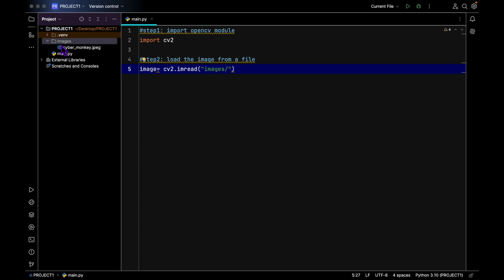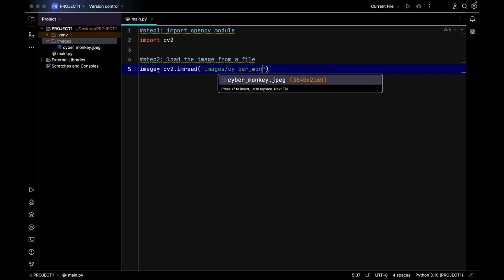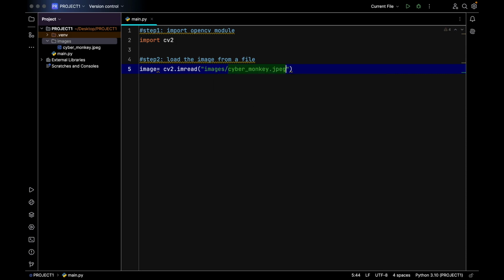So the name of our image, as you can see over here, is called cybermonkey.jpg, okay? So all we have to do is to write cybermonkey.jpg. Okay, done. So that's step 2, and step 3 would be to